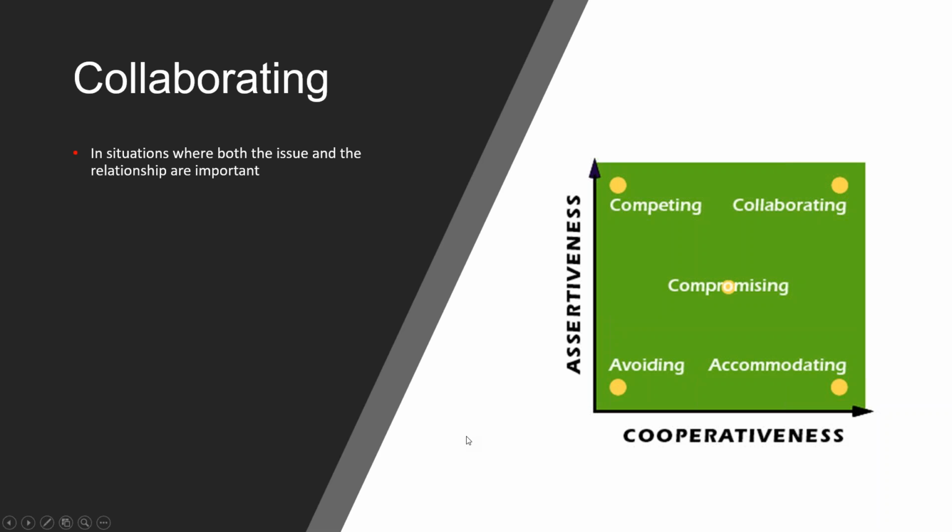Well, if the issue is important and the people that you're involved in the negotiation are important, then it might well be important to collaborate. So to work with the other party. So a good question that you might ask the other person or persons in a conflict is, are you willing to work with me to see if we can come up with another way of resolving this? Great question, because what it does is testing out whether the other person's willing to collaborate with you.